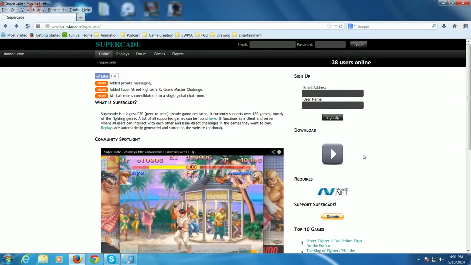How's it going, guys? This is the Core 3 from fightinggamesonline.info, and today we're going to go over installing Supercade, or actually just going over the setup, and show you how to set everything up so that you can start playing. Okay, so the first thing that you want to do, of course, once you're on the site,